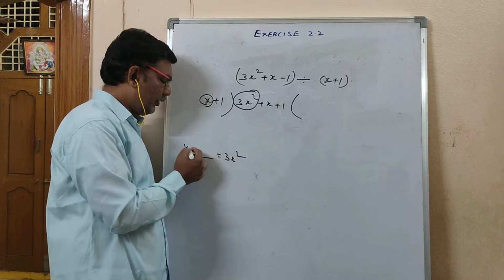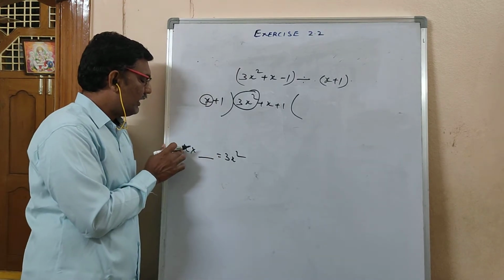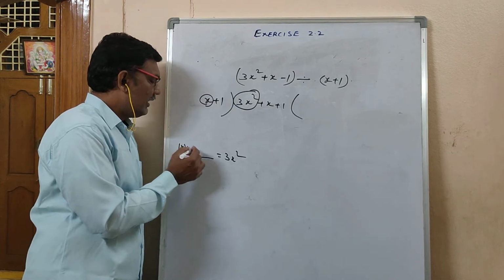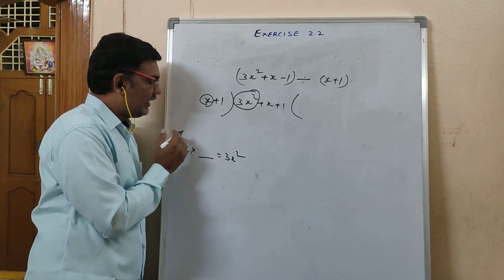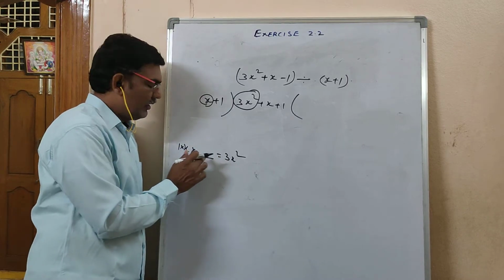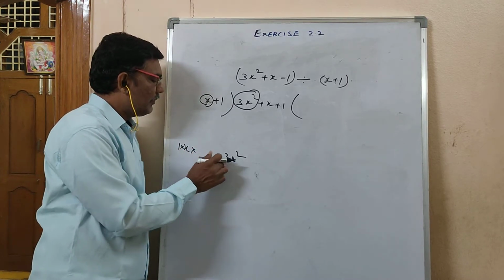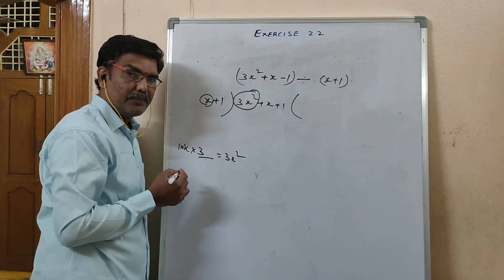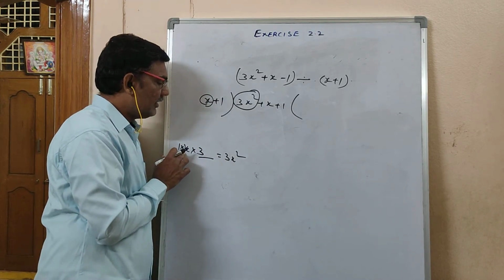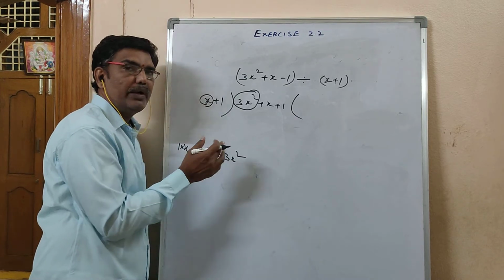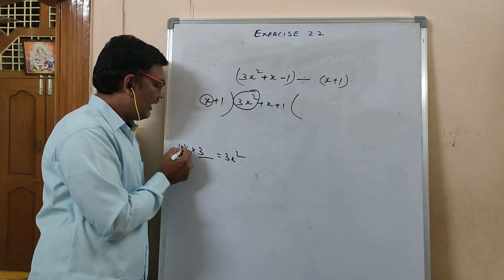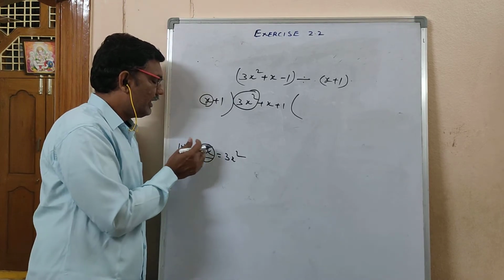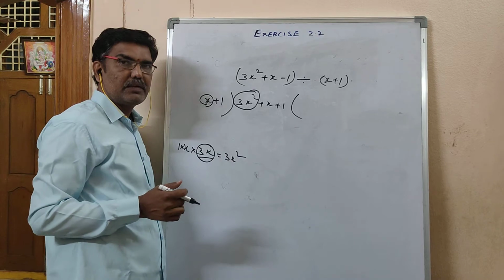Okay, this if you don't know. Otherwise, if you want to know, x before, no number means 1 is there. 1 is there left side. In answer 3 is there. 1 with which you have to multiply to get 3 means 1 table. 1 3 is a 3 or not? You will get 3 here. Next x is there. In answer x square is there. You know x into x is x square. One x is there, another x not there. So for x, if you multiply with 3x, you are getting 3x square.